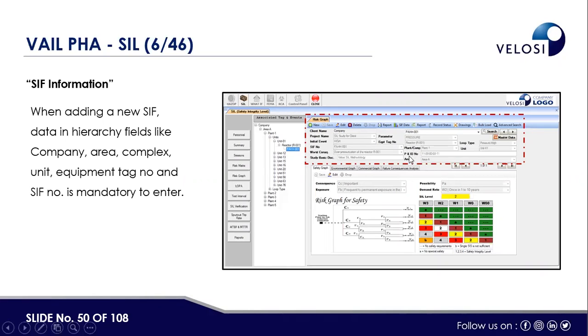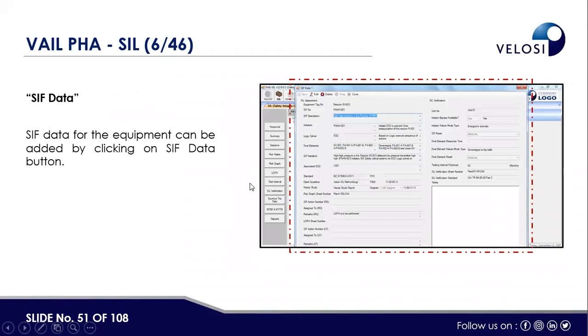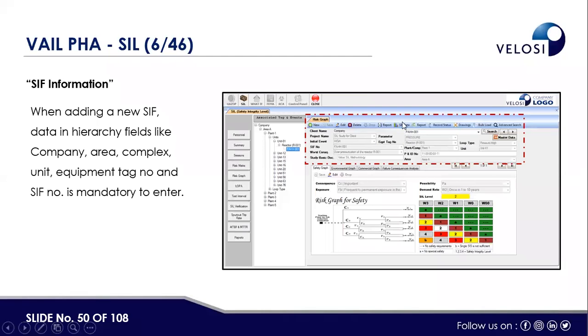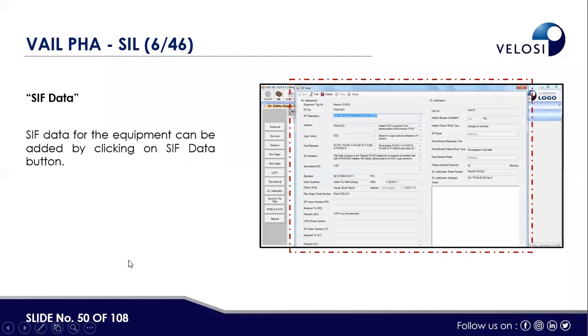What is the plant number? What is the area? What is the loop type? For example, this is a high pressure loop, and what is the unit number? So all this information will be common whether we are using the risk graph, the matrix, or LOPA. So this information is common for all these 3 methods. So when we click this SIF data,